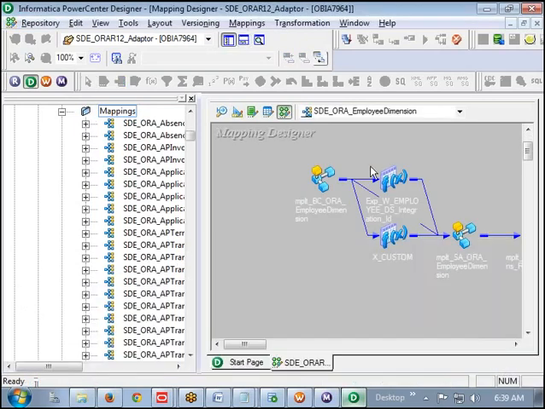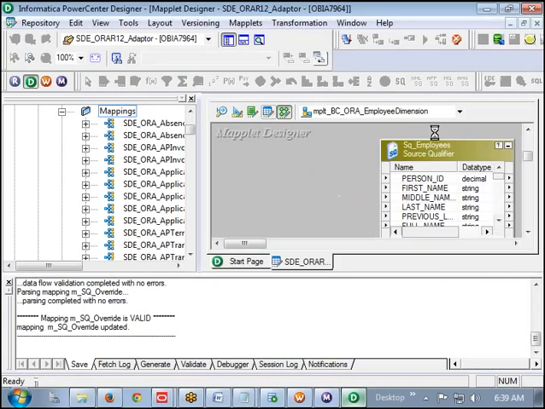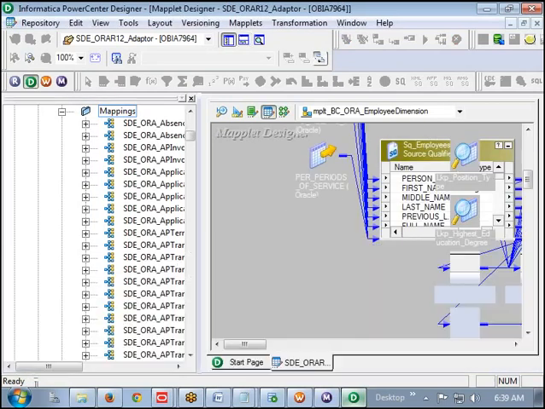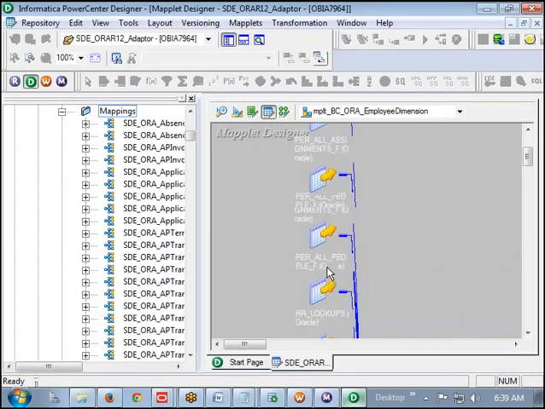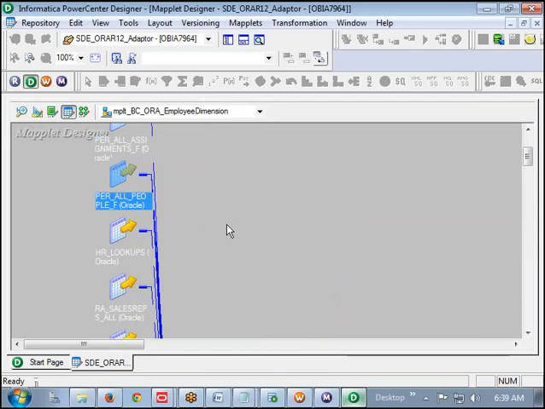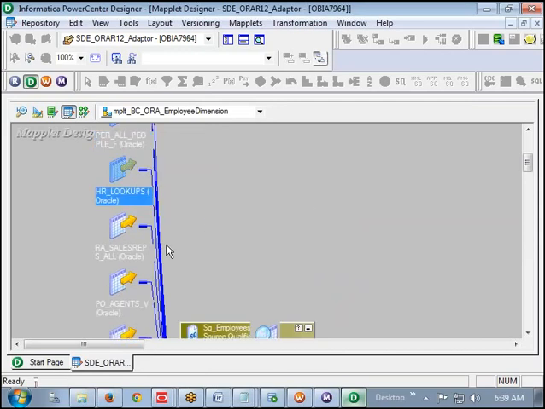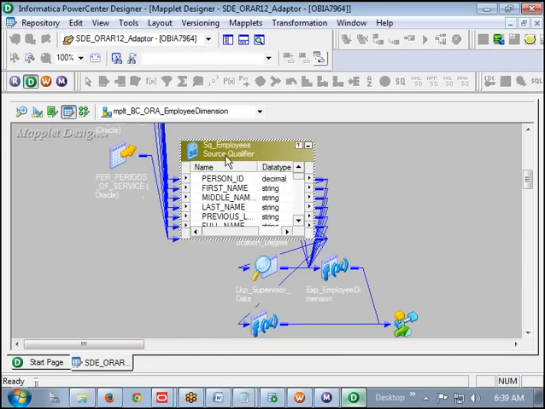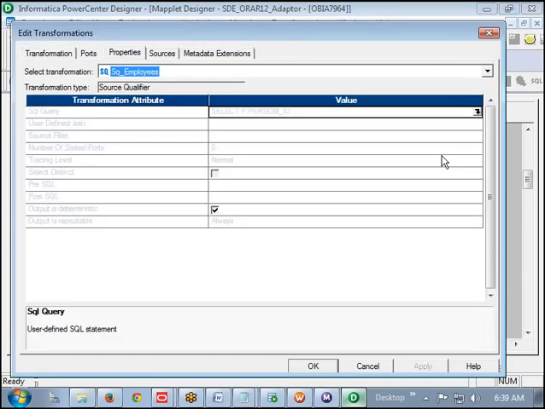Now this is a mapping called employee dimension. From the employee dimension, we are taking the data from these tables. So many tables are available: one is the assignments table, then the people table, then the lookups table, the steps table, and a number of other tables. If I double click on this and go to properties,